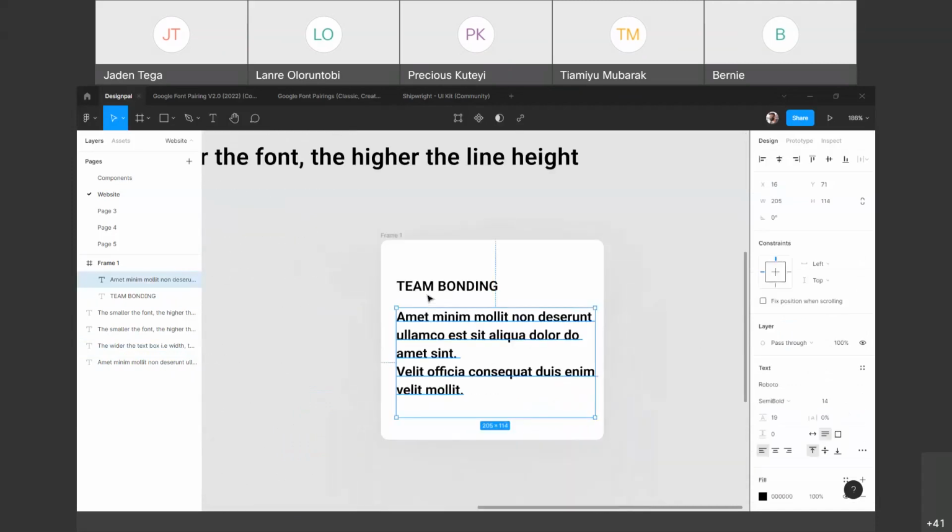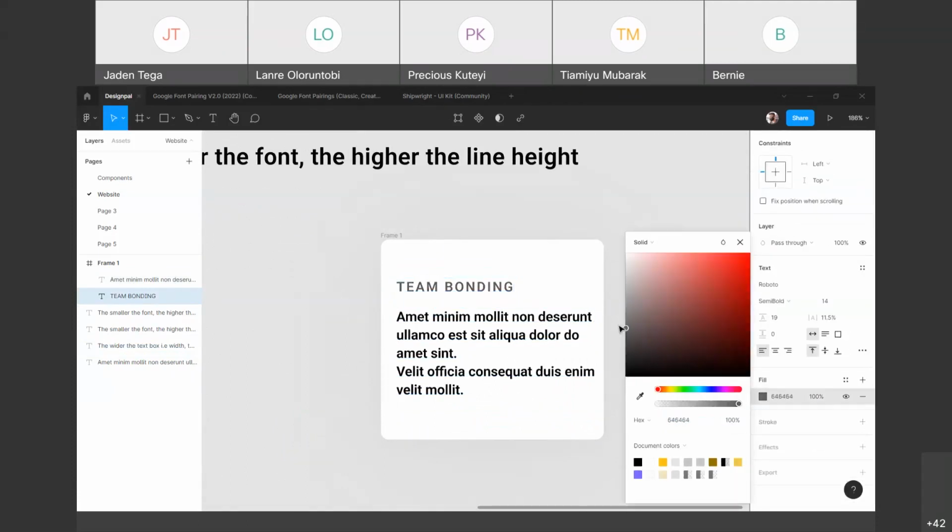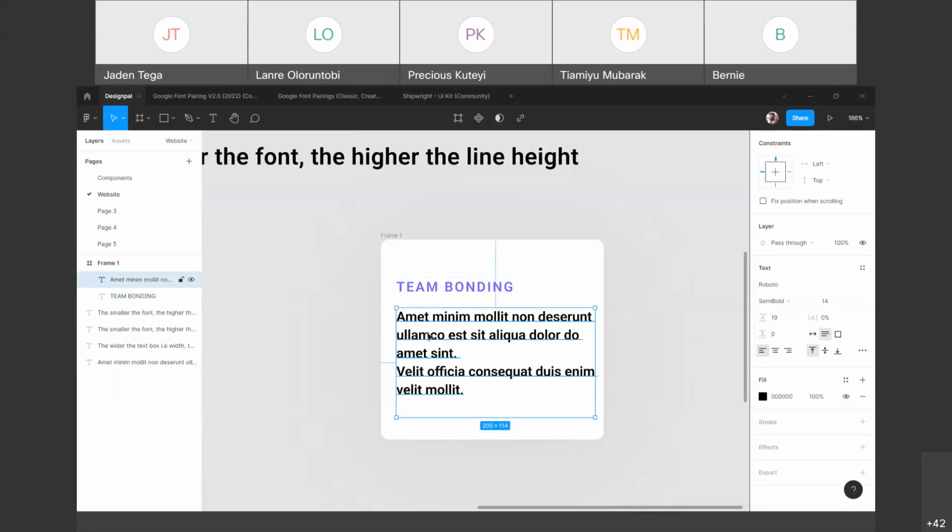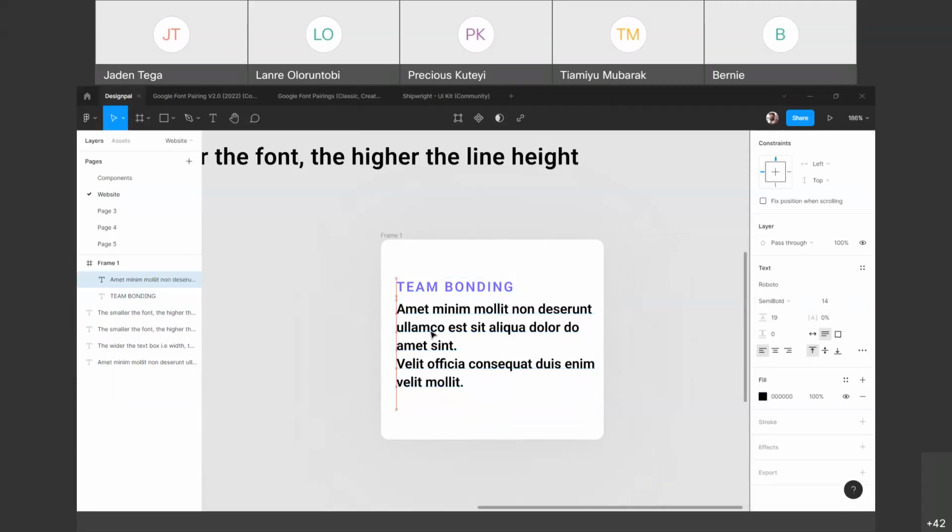So one thing I love to do is when I have a heading like this, I like to increase the letter spacing just a bit, something like this, and then give it a different color. It could be purple, for example. It kind of adds, I don't know what to call it, a flair to the design. I use it mostly for headings, not for body text, because the letter spacing for this text